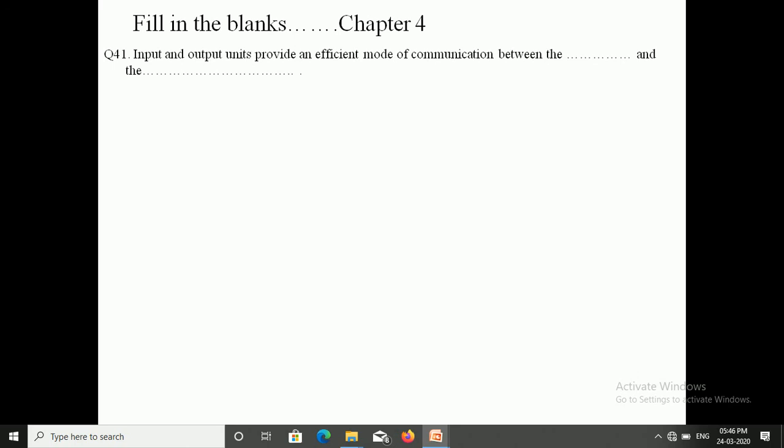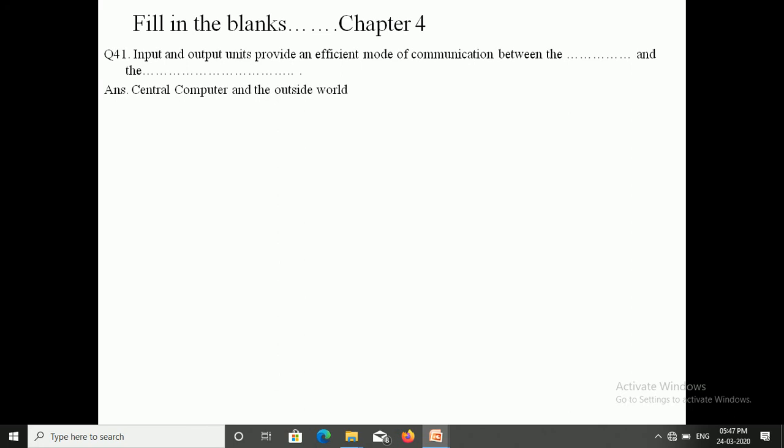Input and output units provide an efficient mode of communication between the dash and dash the dash. The correct answer is central computers and the outside world. The input and output units provide an efficient mode of communication between the CPU and the outside world because input devices are connected with the central processing unit and the output units provide the results to the